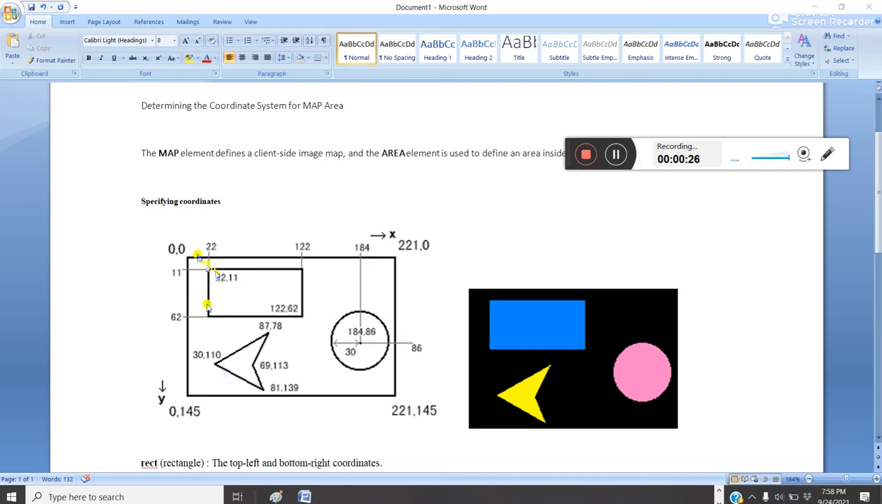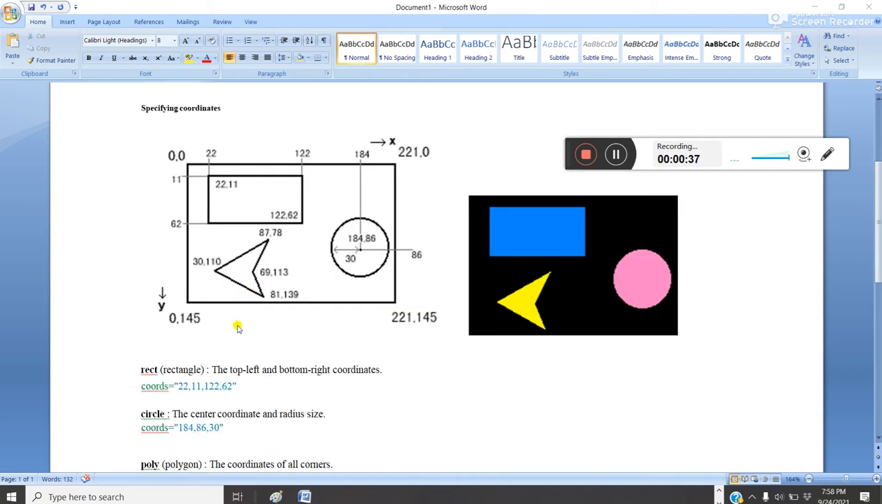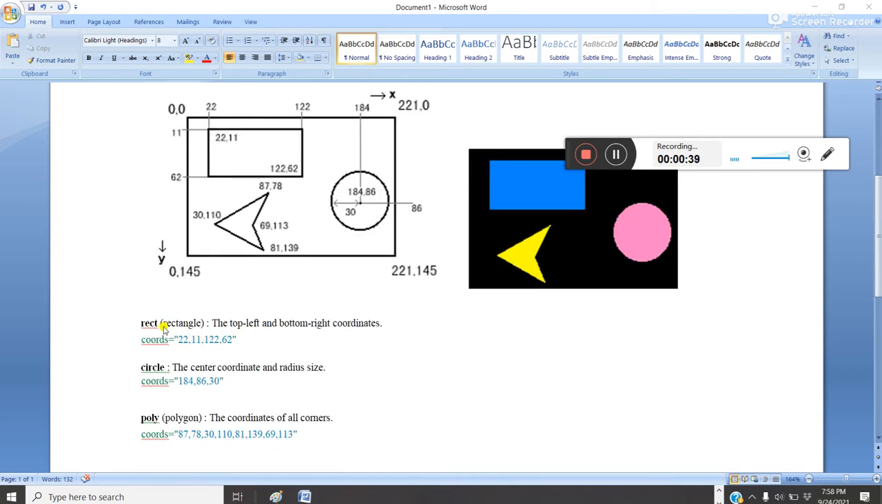Now, we can use this to specify their coordinates. You can see it's a lot easier to find the coordinate of a rectangle, a circle, but when it gets to shapes like this, we have to use what is called polygon. Now, the rectangular